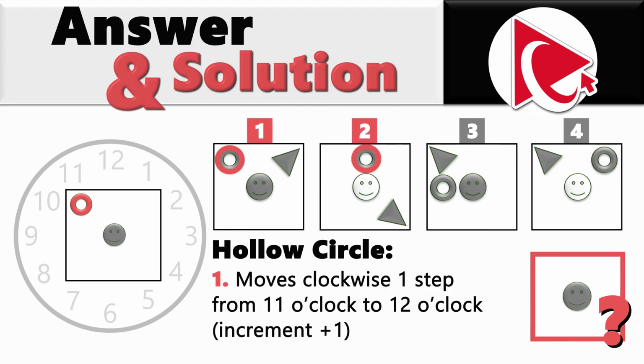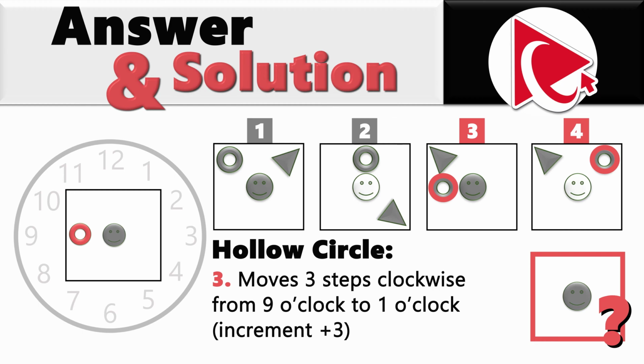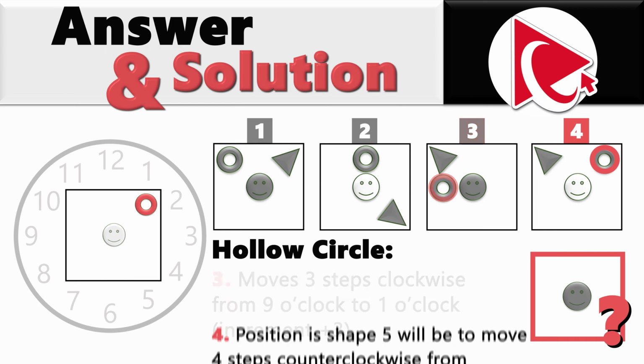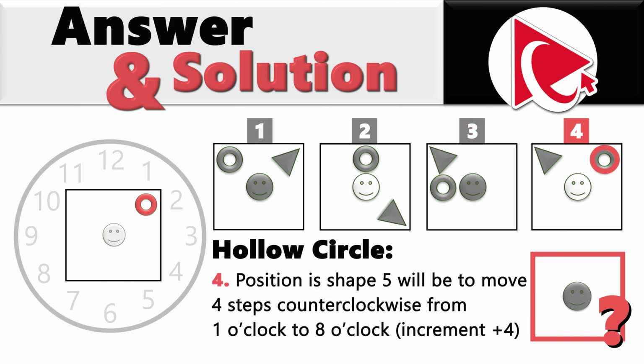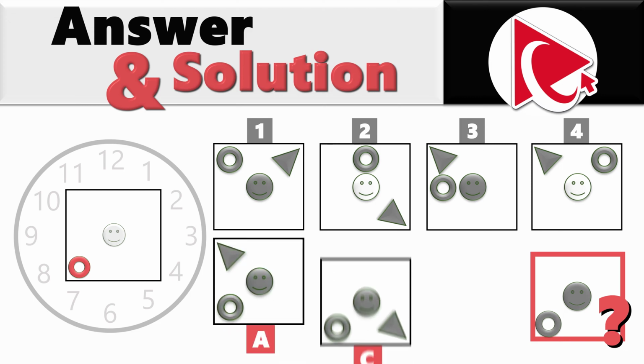Let's look at the hollow circle. Hollow circle moves one step from 11 o'clock to 12 o'clock position with increment +1. In the next square, it moves two steps counterclockwise from 12 o'clock to 9 o'clock with increment +2. Then it moves three steps clockwise from 9 o'clock to 1 o'clock with increment +3. So we can predict that hollow shape in shape 5 will move 4 steps counterclockwise from 1 o'clock to 8 o'clock with the increment +4. It helped us narrow down the answer choices, but we still have choices A, C, and D that still match